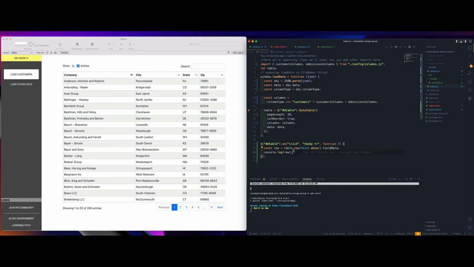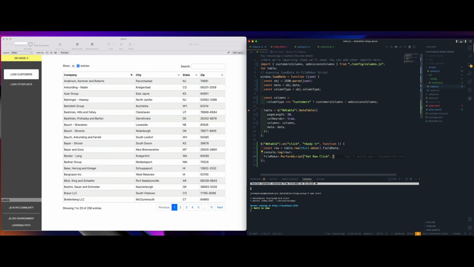Great. So now we've added the click, and we can send that back to FileMaker. The way we do that is we run a function called FileMaker.PerformScript, and we give it a script name, and we pass back the data.